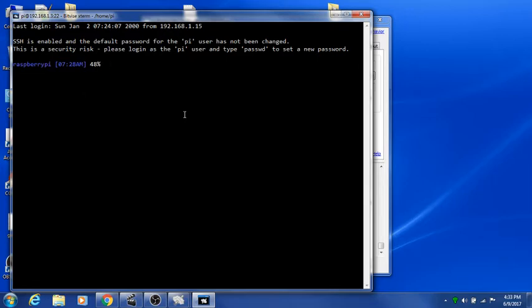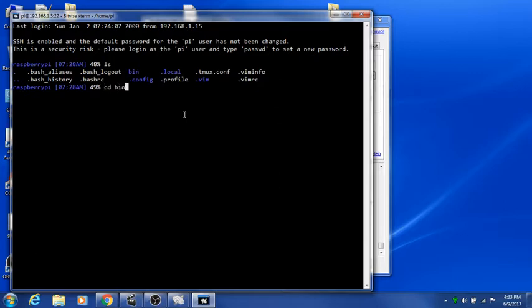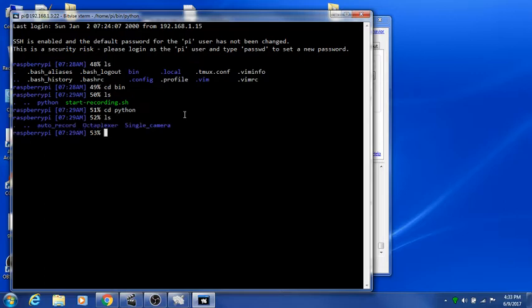What we're going to look for though is when you first open up this terminal, type in ls and it will list the subdirectory that you're in. We're going to want to change directory, or cd, to bin. You can type ls in again, and you'll see that there's a folder called Python in here. So we'll want to go into this,